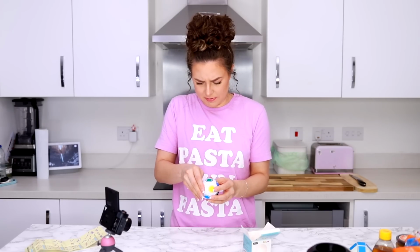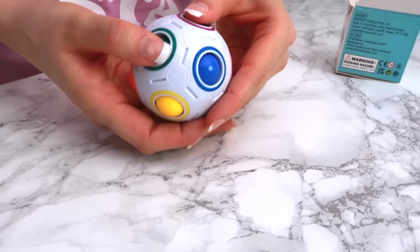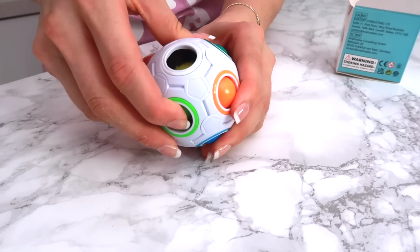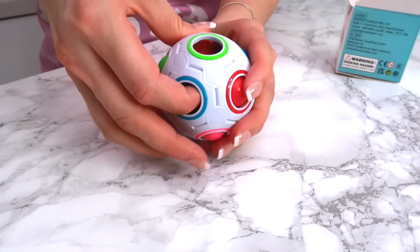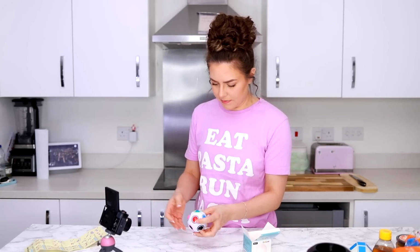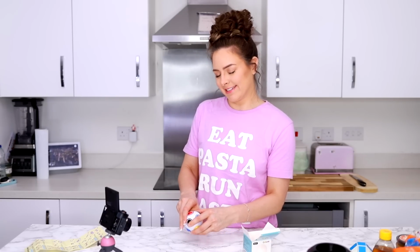I don't know if I'm meant to be doing this. There are no instructions, and basically these you can just sort of push down a little bit. The only thing I can assume I'm meant to do is roll one into another hole and switch them round. Is that what I'm supposed to do? That's what I'm assuming I'm meant to do. And then I'm meant to try and get them back, which, because I've done it in sequence, I can remember